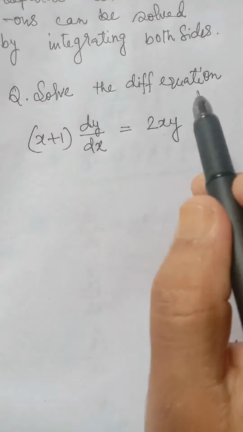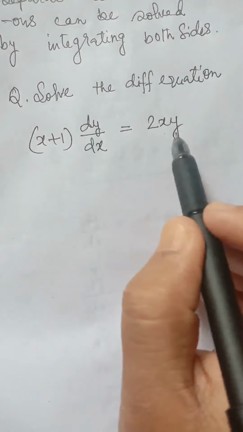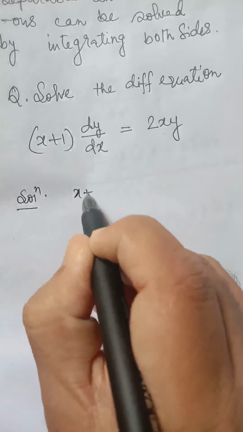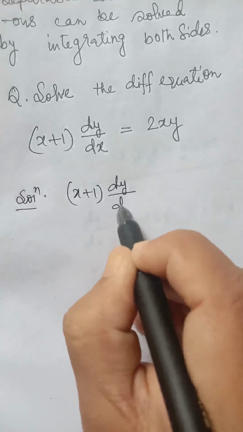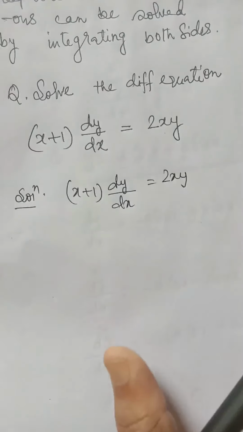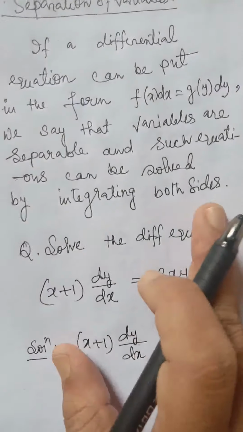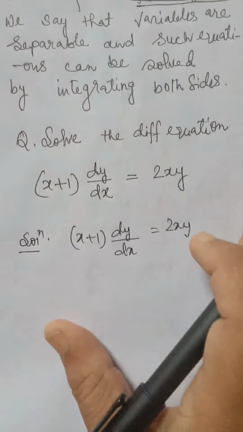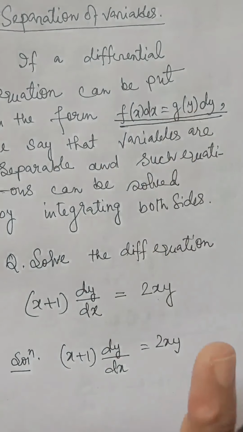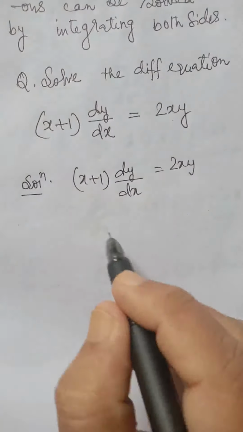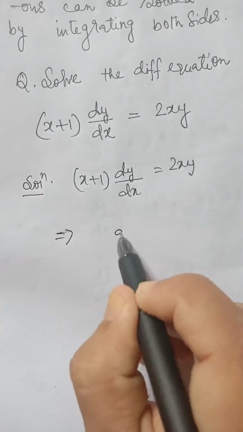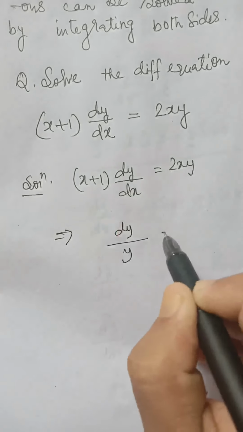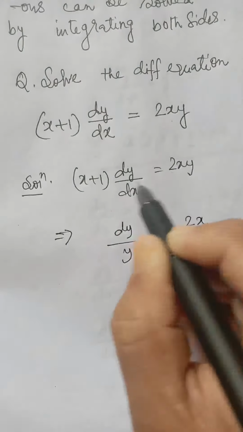Suppose we have to solve this differential equation, (x + 1) dy/dx equal to 2xy. Now you can see the given differential equation is (x + 1) dy/dx equal to 2xy. Now we have to check whether we can express this differential equation in this form, f(x) dx equal to g(y) dy. If we can express this equation in this form, that means this is of the form separation of variables. You can see, if we bring y to that side, it will be dy/y equal to 2x/(x + 1)